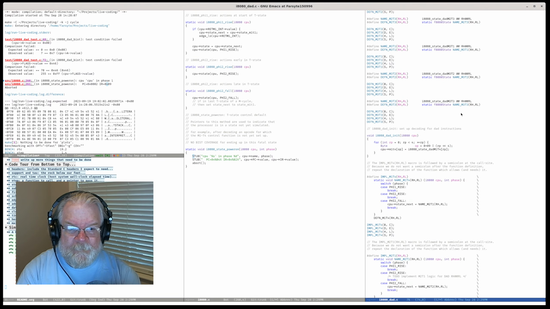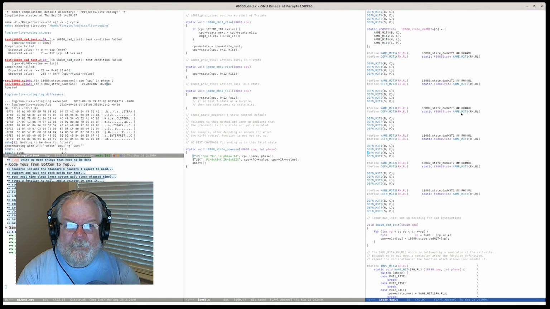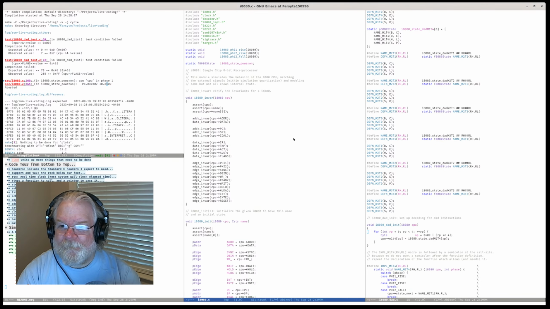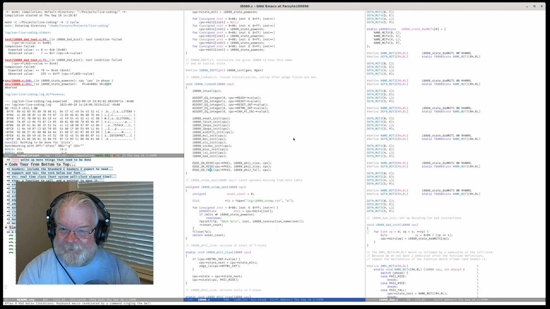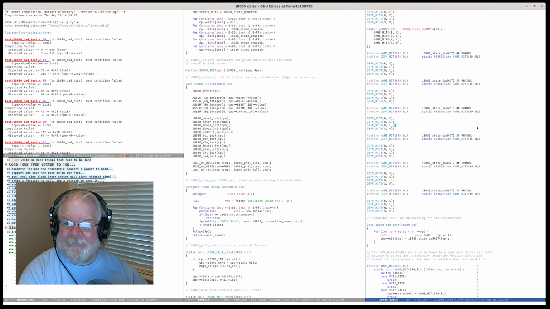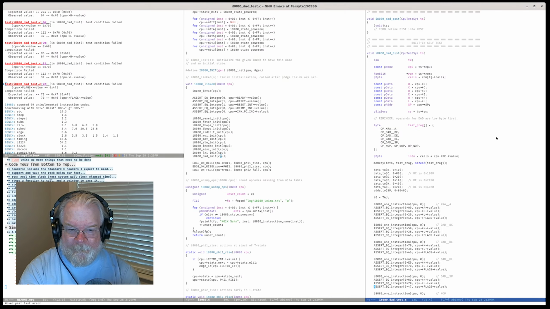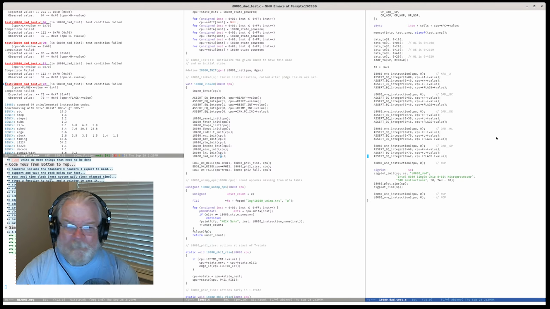T4 of op. We are not calling the init function. Right, because I didn't put that line in right there. So now we have test conditions failed because the values are not set. That's good.